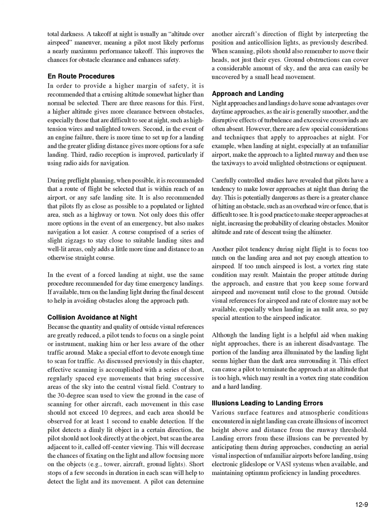Illusions leading to landing errors. Various surface features and atmospheric conditions encountered in night landing can create illusions of incorrect height above and distance from the runway threshold. Landing errors from these illusions can be prevented by anticipating them during approaches, conducting an aerial visual inspection of unfamiliar airports before landing, using electronic glide slope or VASI systems when available, and maintaining optimum proficiency in